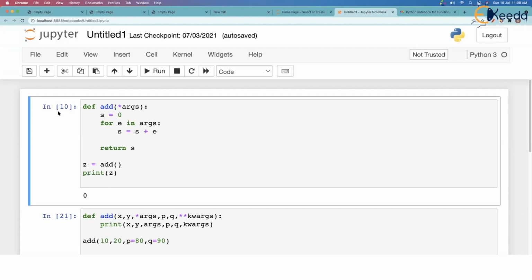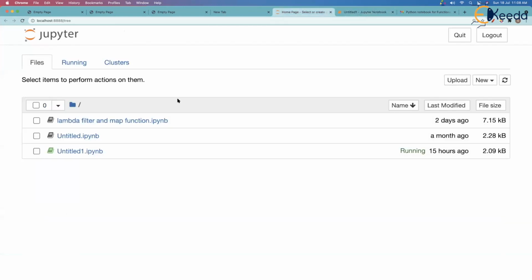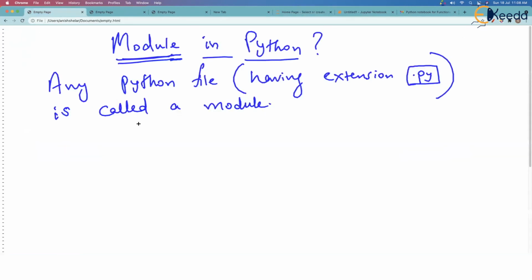We want a single Python file which can be saved with .py extension on the hard disk so that it works like a module. Please try to understand this. I don't want a file with extension .ipynb. Just check. I don't want these extensions. I want the file to be some name and extension .py.